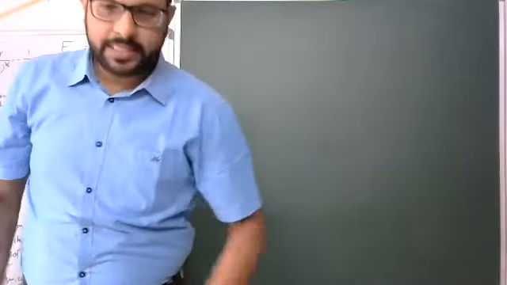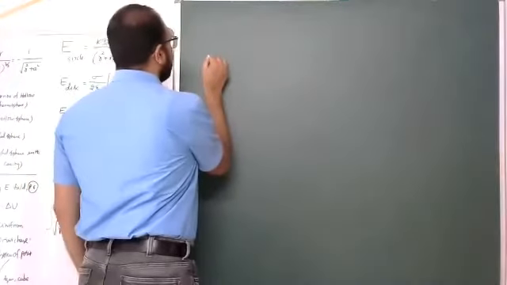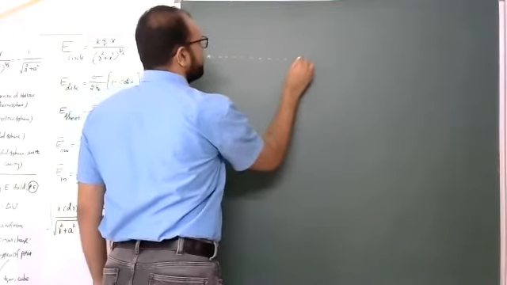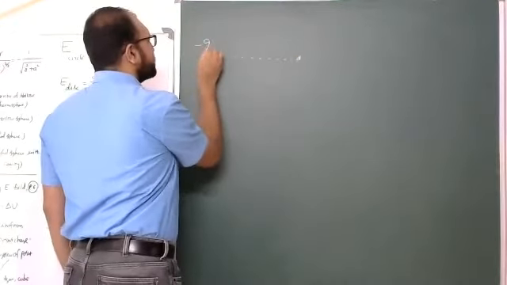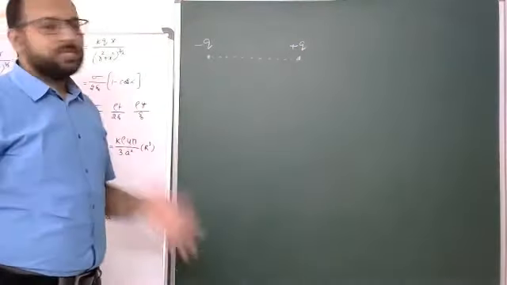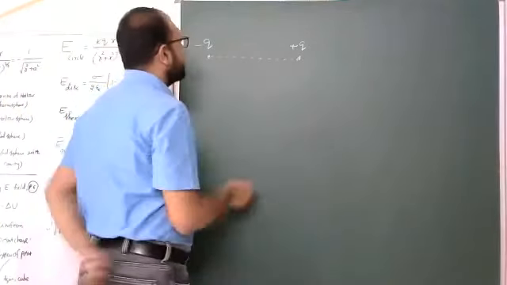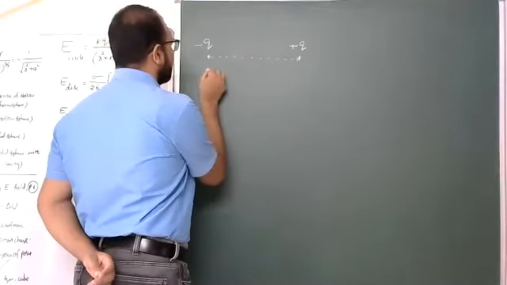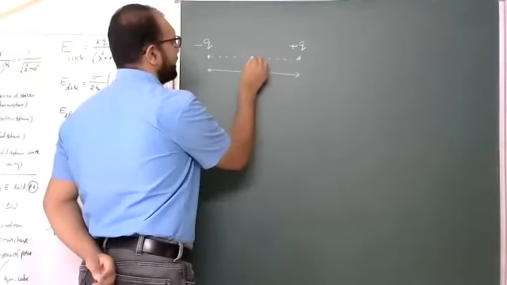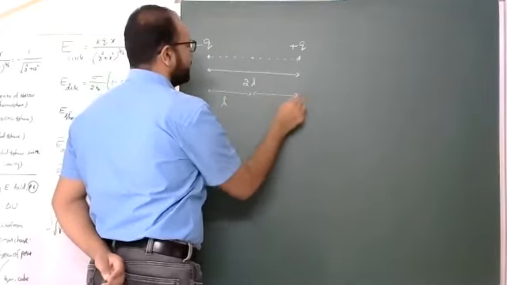Yes, so students, now in that example, I am taking the electric dipole. Here, the electric dipole was already introduced to you in electric field strength. It is minus Q and plus Q, a combination of 2 point charges having the same strength but opposite nature. These two are separated by the distance 2L, and this is the midpoint. So from here to here the distance is L, and from here to here the distance is L.